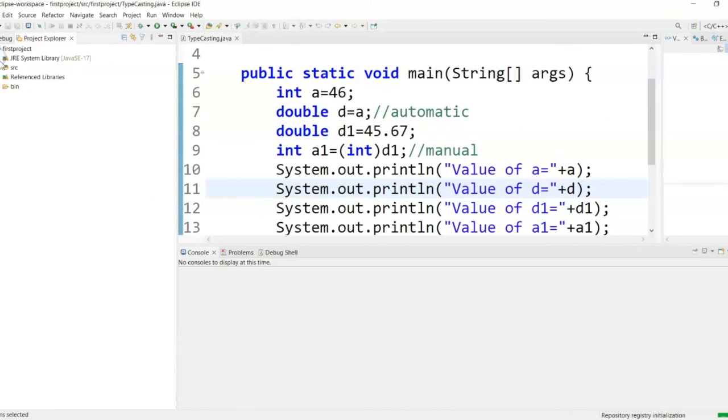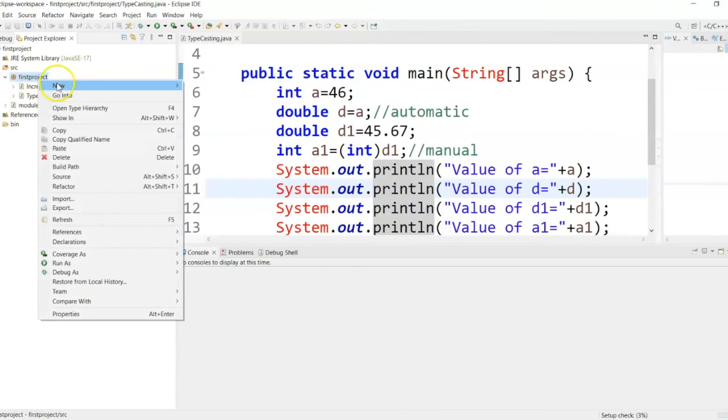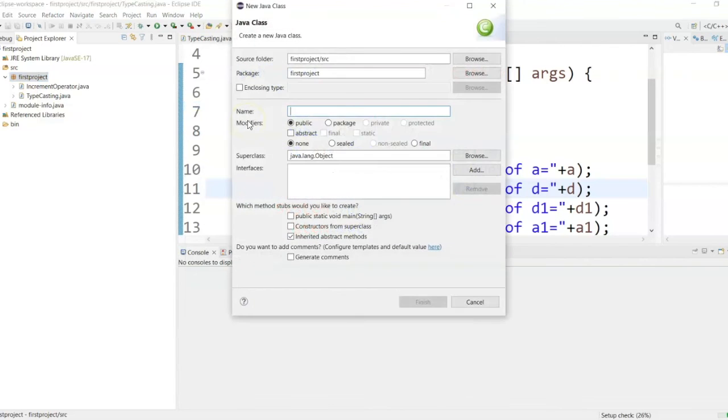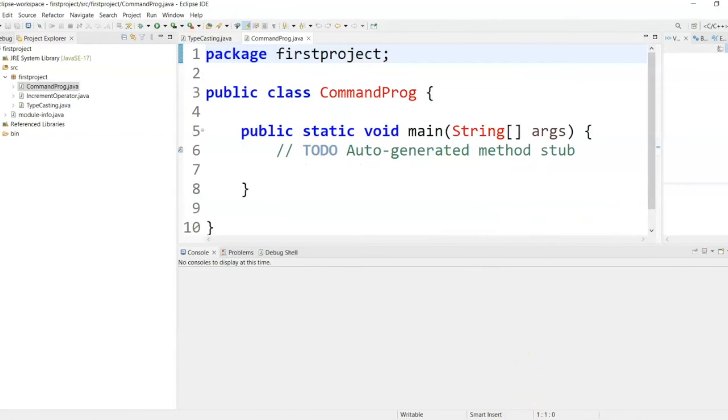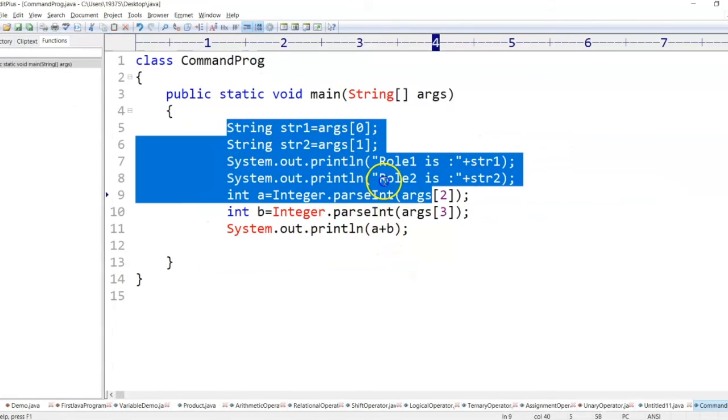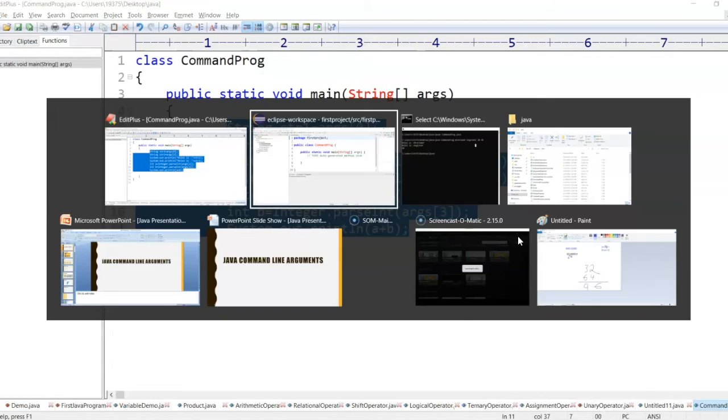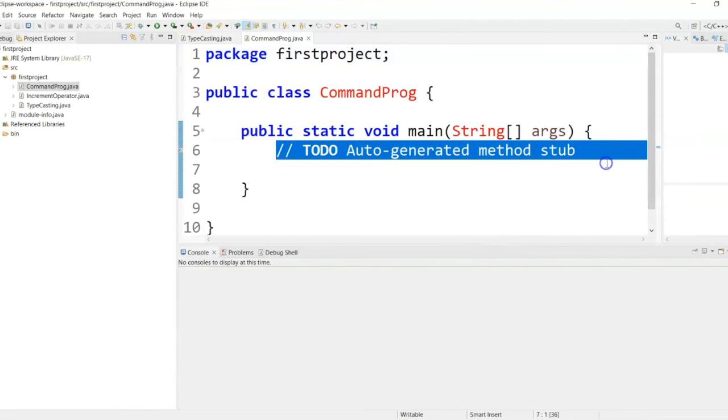Click on src, first project. I'll right click on this, click on new, and give a class name CommandProgram, which contains the main function. No need to write everything since we have already written this. I'll just copy this and paste it in Eclipse.